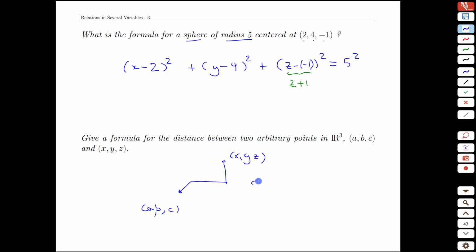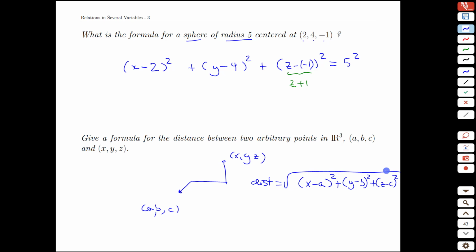Well, each of those ingredients is x minus a, how far are the two components in x, y minus b, how far are the two components in y, and z minus c,